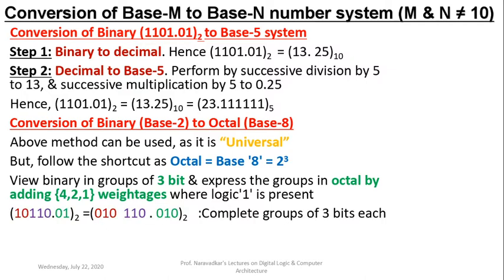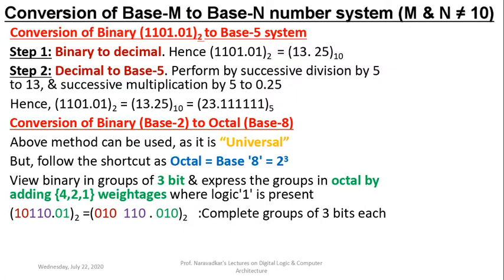Initially, just observe the given example on the left side of that equal sign. On the left side, what are we getting? 10110.01 is the given binary. Within that given binary, to the left of the binary point there are 5 significant digits, and on the right side there are 2 digits.